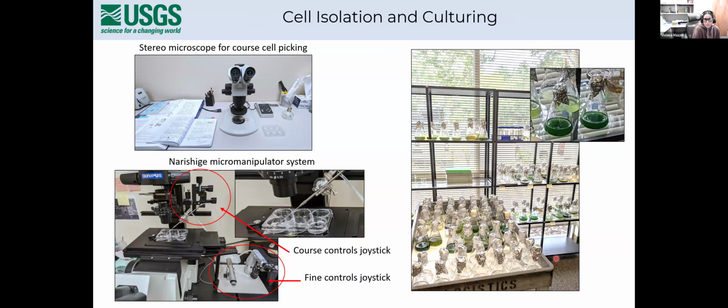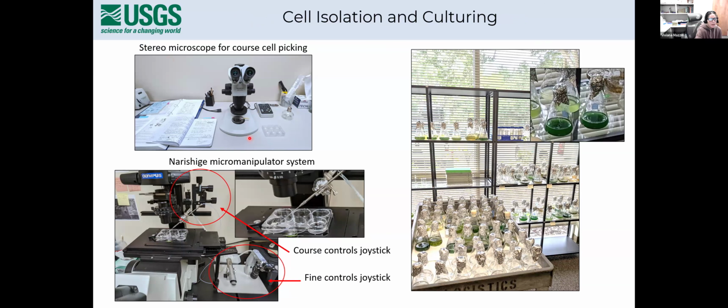And then the other primary lab activity is isolating and culturing algal cells. So we prepare and sterilize the culture media here. We use different recipes depending on what we're trying to grow. You kind of need to play around and see what works best. But basically, we take a subsample of live material, place it onto a Petri dish, and scan it with the